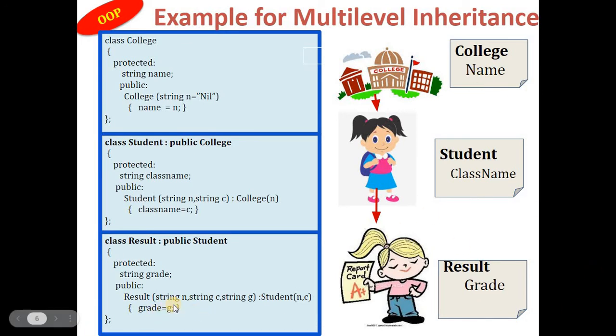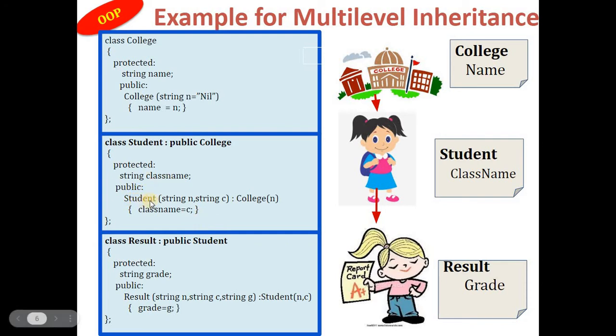That is why it is having three parameters, string n, string c and string g. n it is passing to the college name, c it is passing to the student's class name and g is its own grade. So colon, after that you see it is calling its base class student and passing two parameters n and c. So n will go indirectly to college class and c will go to the class name.